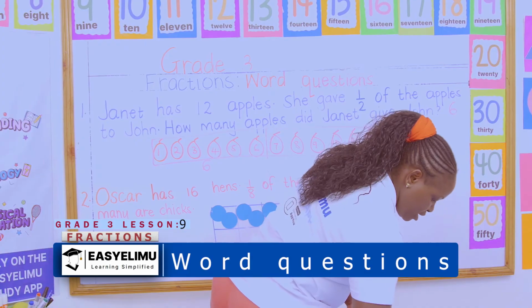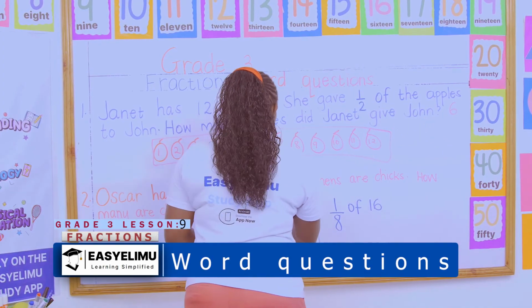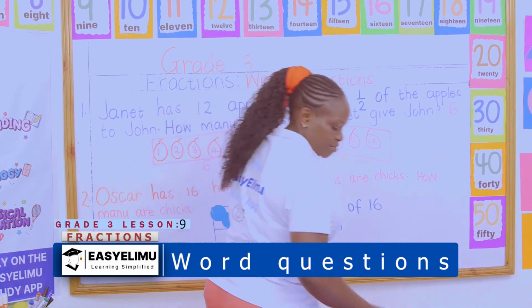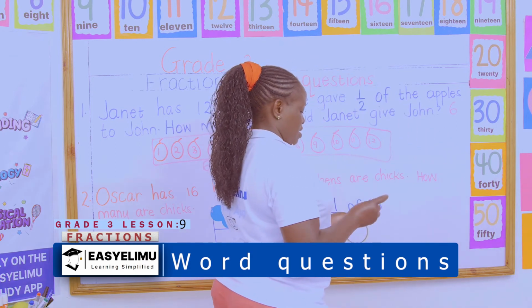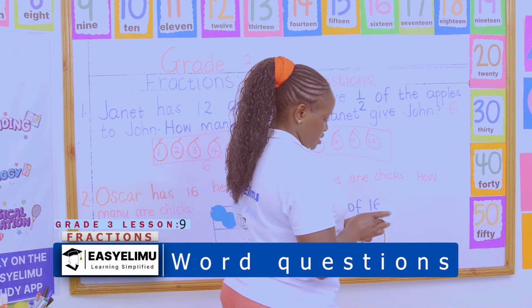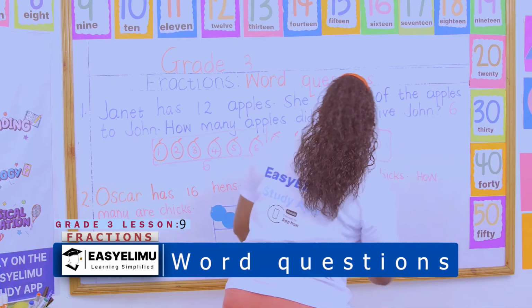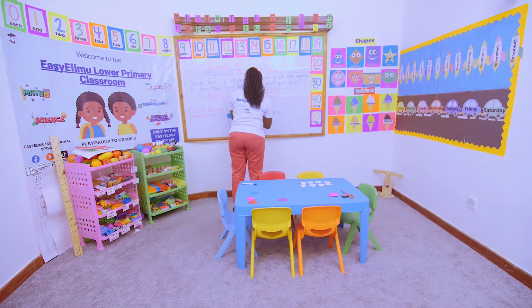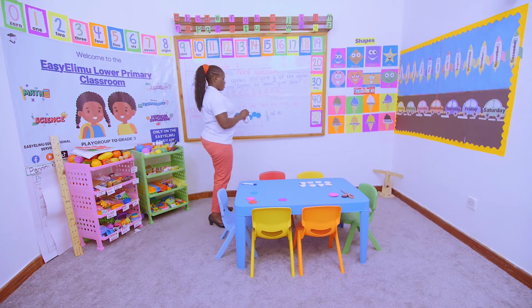Are you counting how many are in each box? Each box can only accommodate how many? Can only accommodate 2. So when you're talking about an eighth of 16,